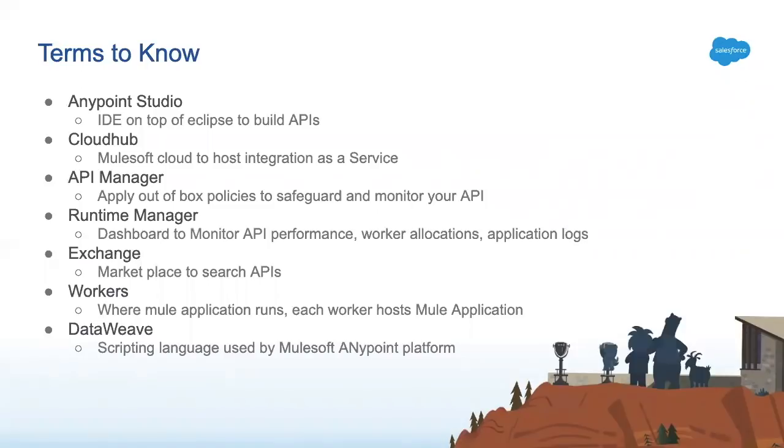When Mule started, they started in 2006. Every company, every team, every product learns something, right? They started with Mule 3, they learned a lot and came to know they had to change the architecture of the whole Mulesoft, and they came up with Mule 4. So when you're creating an application, you might already have Mule 3, that's fine, it is working, no problem. But if you're creating a new application, of course, which version should you try? 4, exactly, because that's the latest and the greatest. Okay, any questions here, terms to know?